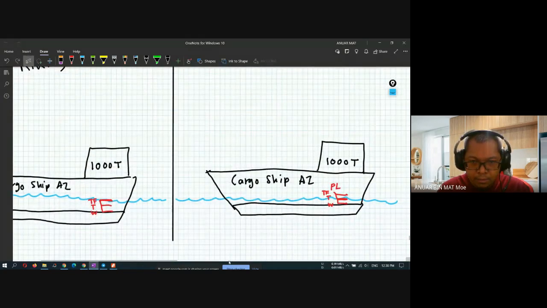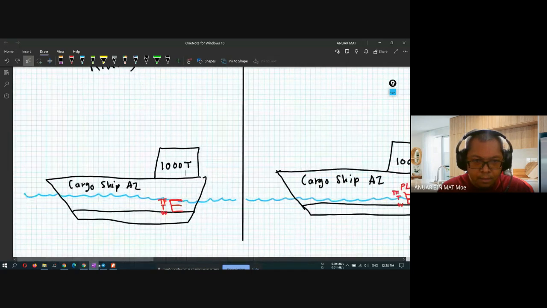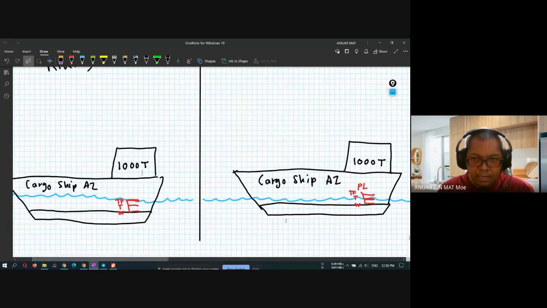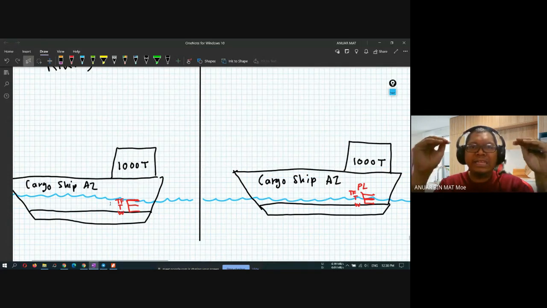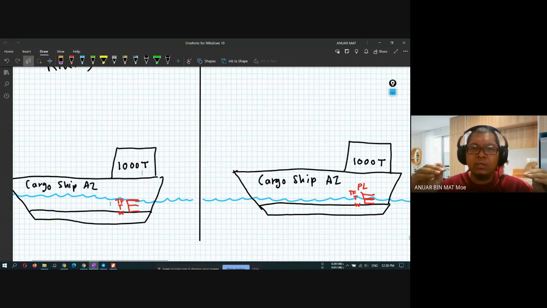You can see here. It will float a bit. When in fresh water, it will sink a bit. That's why it is for safety purposes. Never mind, later I will explain. So you cannot put too much cargo inside the ship if you want to sail